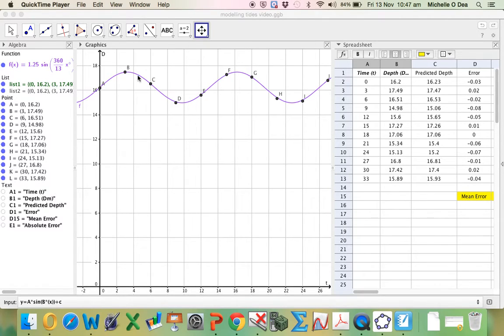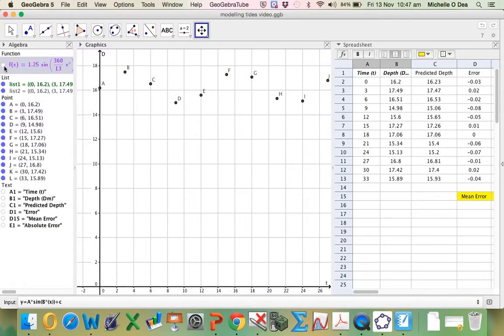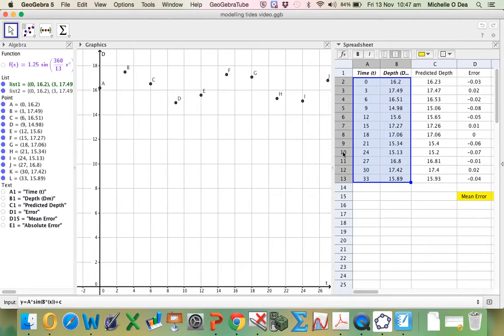So to do this, maybe we don't want our original function or any other functions there, so you can just click on the dot next to it. It just hides it, it doesn't delete it. You need your spreadsheet showing because you need to use those points. So make sure your spreadsheet's showing, click and drag, highlight your points. And again, you'll notice that the toolbar up there has